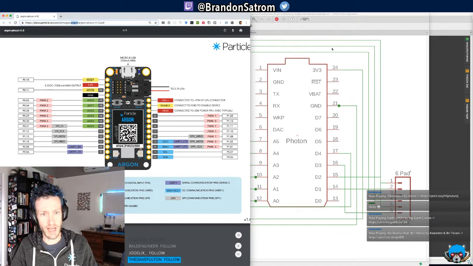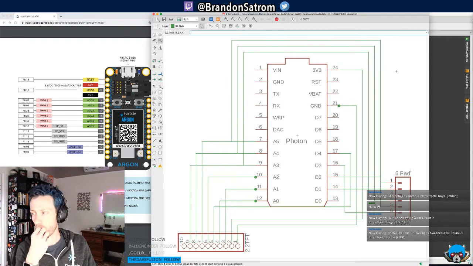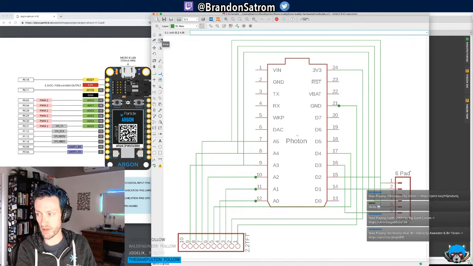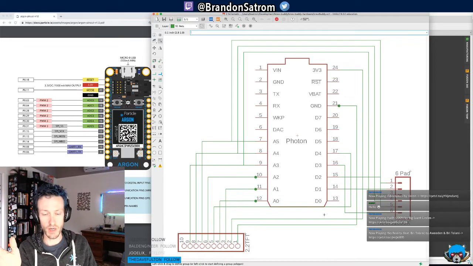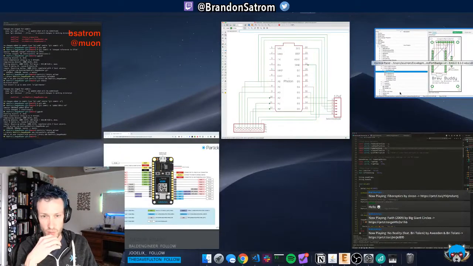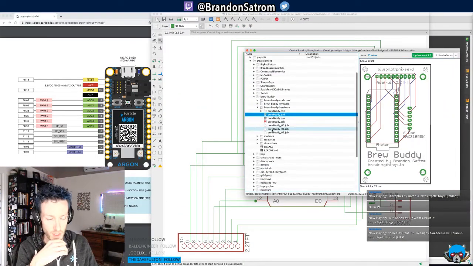So that's what we're going to add. Now, there's a few different things here. Because the new devices use the feather form factor, it's actually possible for me to use some different variants on that layout. So one of the things that I did, and I'll open up a different project here, I created